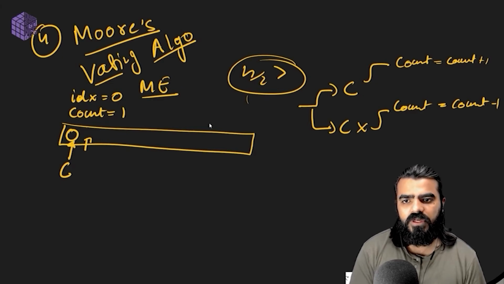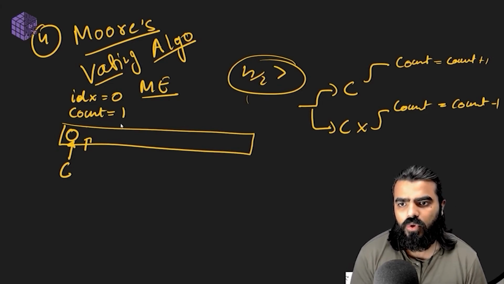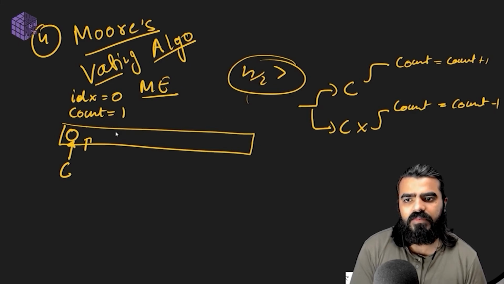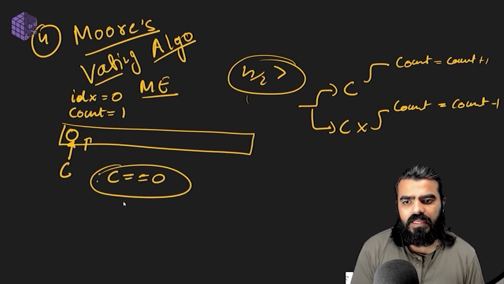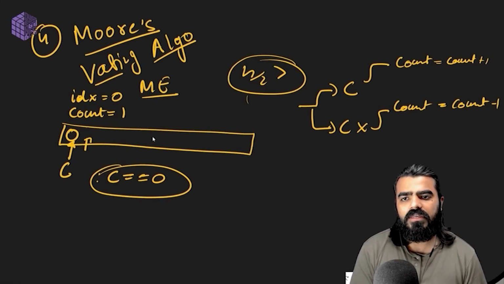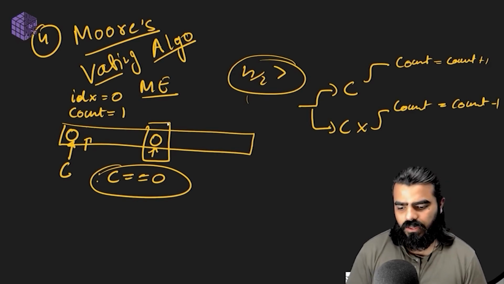So whenever we get the same, we increase its count. Whenever we get a different one, we decrease its count. So what will happen is at some point of time, if the count ever becomes 0, we know at this point that our contender is not the best element till now. So we change the contender to whatever element is at this point. If the contender's count changed to 0, we can say that now we'll take this element as the contender and do the same thing that we were doing with the previous one. So how is it working? Let's take an example.